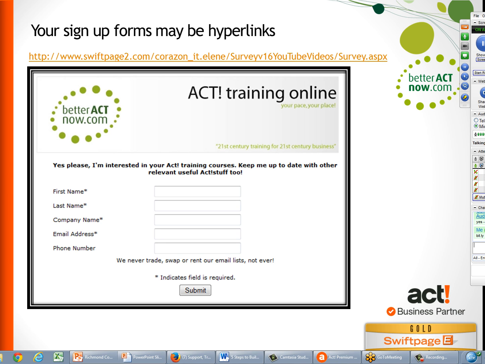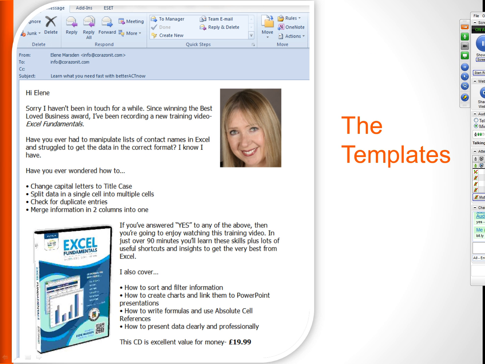And it shortens it into a much sweeter, more memorable URL or hyperlink that is much more user-friendly and perfect for Twitter, because obviously that would take up most of your 140 characters. So those are the web forms and the surveys. So let's now move on to the templates.